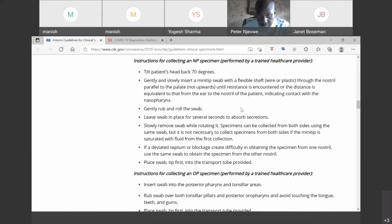The specimen can be collected from both sides using the same swab, but it is not necessary to collect a specimen from both sides if the mini-tip is saturated with fluid from the first collection. If a deviated